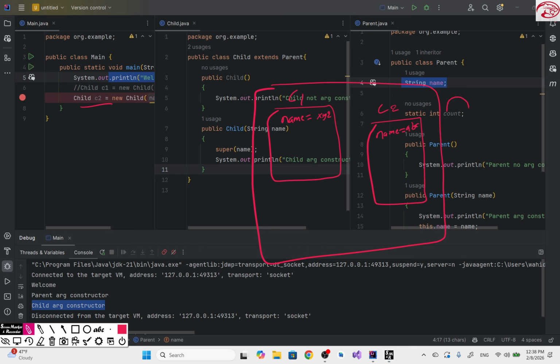But when it comes to static variables, one copy of the static variable is created in the memory area. Count, only one copy is created, and this C1 object accesses the same copy, and C2 will access the same copy. If we have C3, C3 will access the same copy, and the same value is shared among all the objects